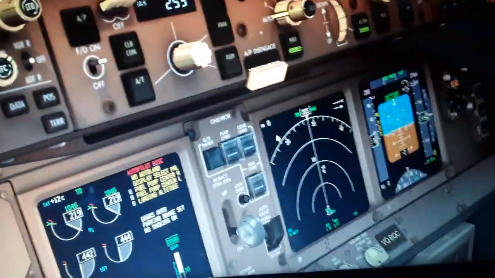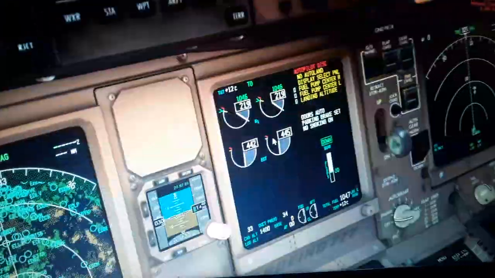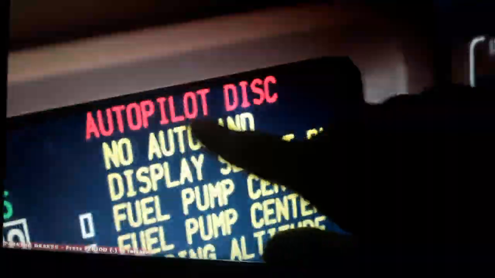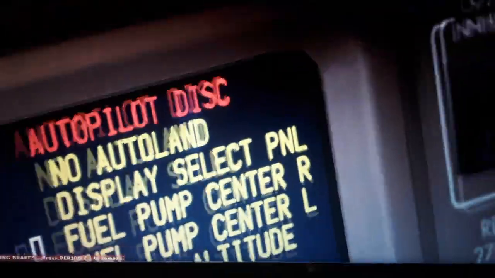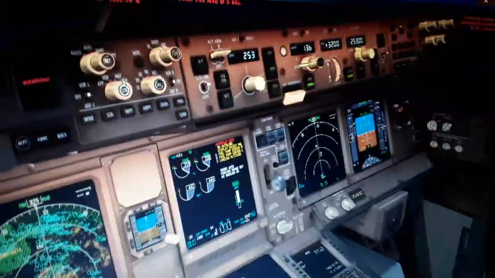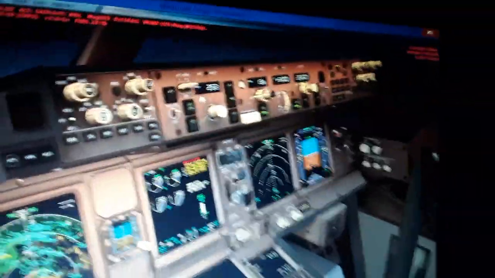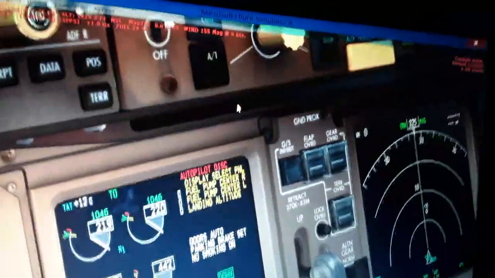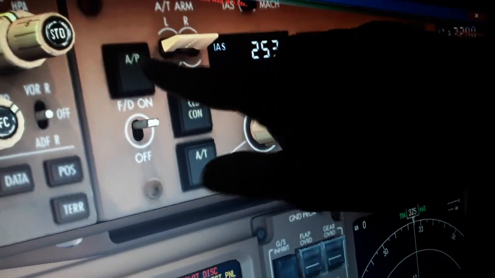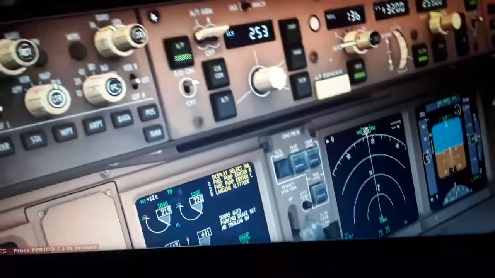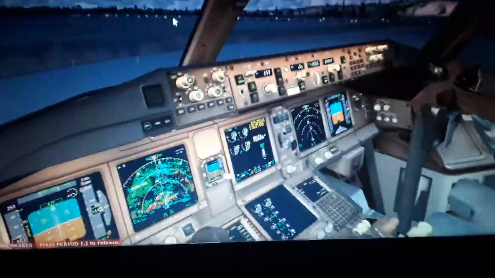So we press this switch, you will see the warning here. The flight director, the primary flight display, and the autopilot is disconnected with the red letter. We rearm again, cancel the warnings. So we need to come here and press this switch. You will see the green light on, and now we can